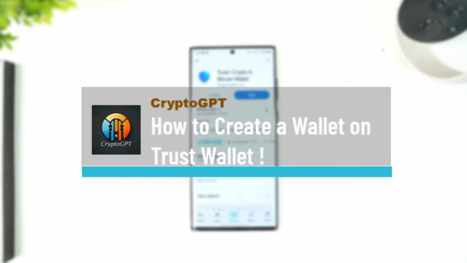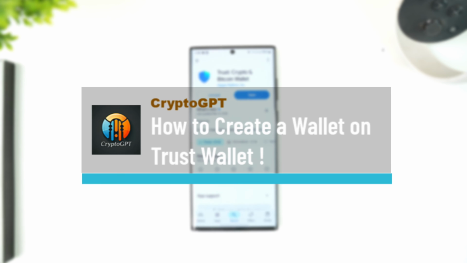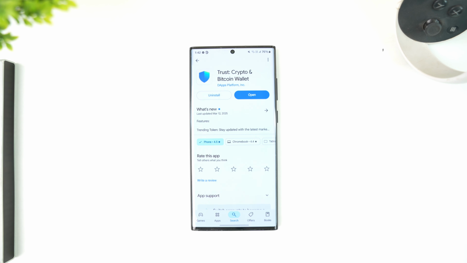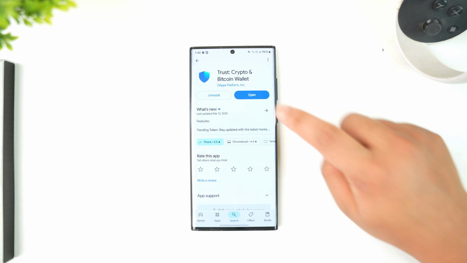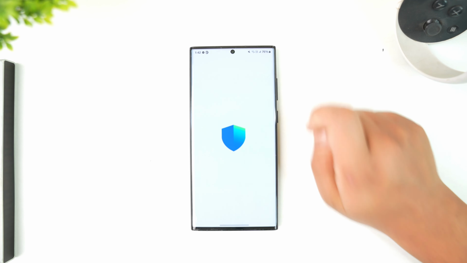How to create a wallet on Trust Wallet. If you wish to create a wallet on Trust Wallet, it is actually very simple for us to do so. All we have to do is first of all make sure to launch the Trust Wallet